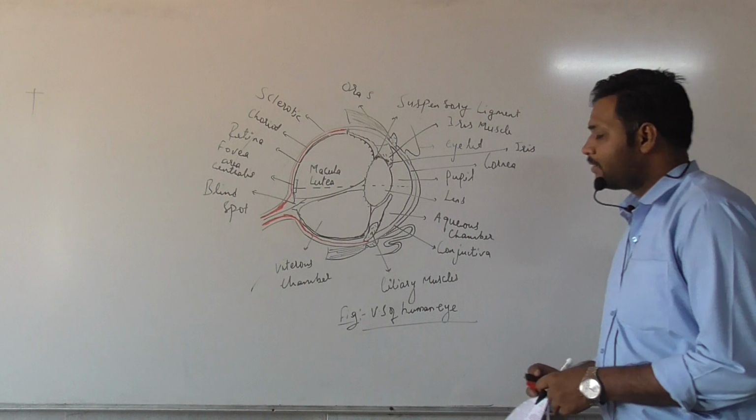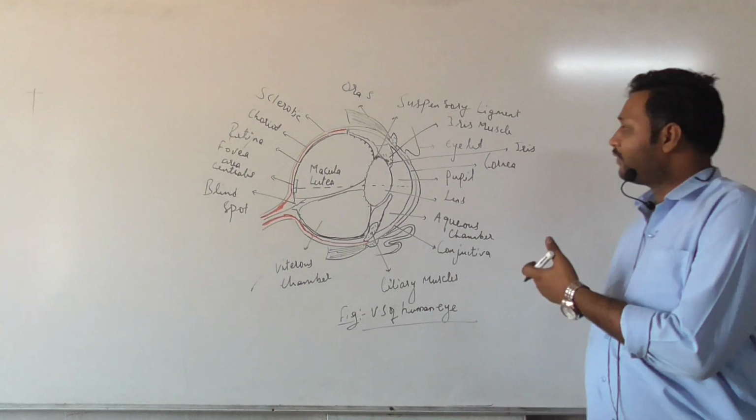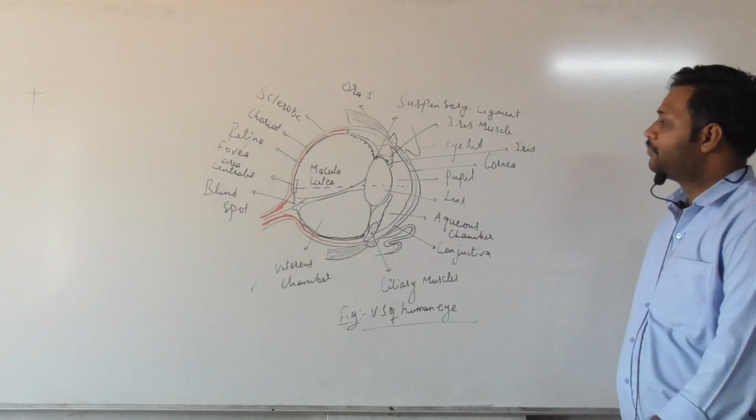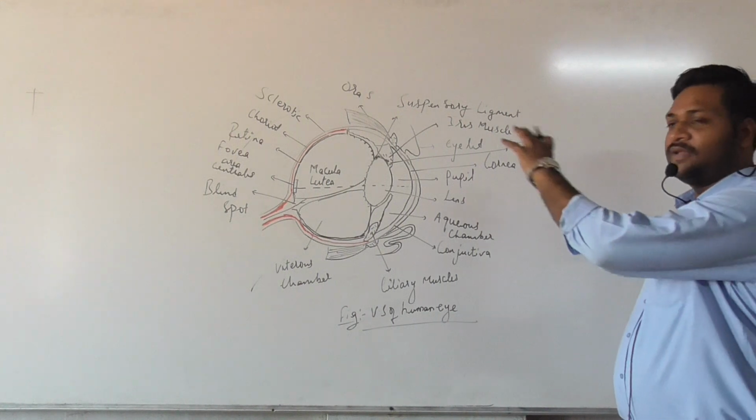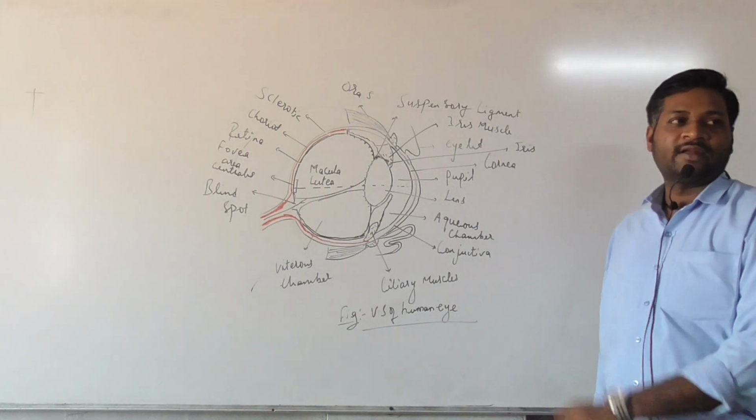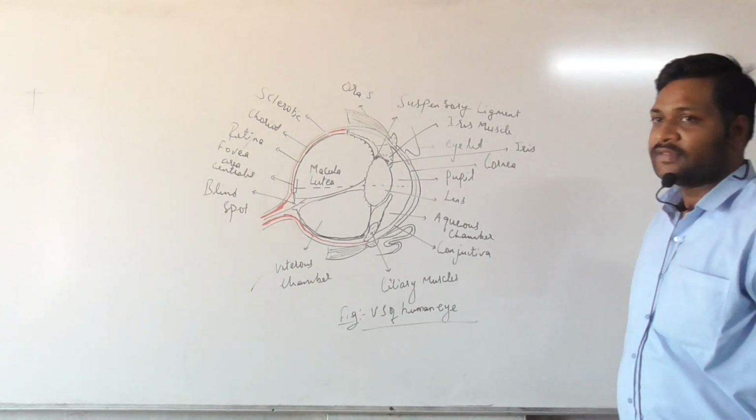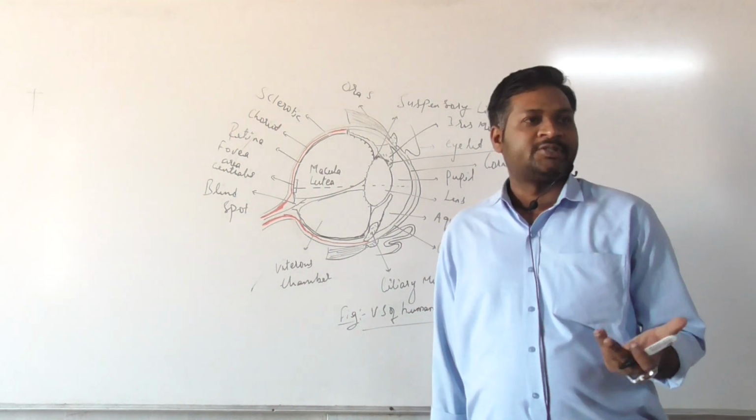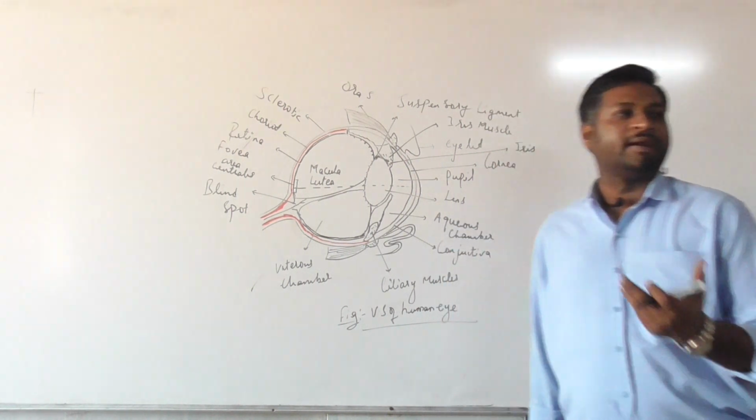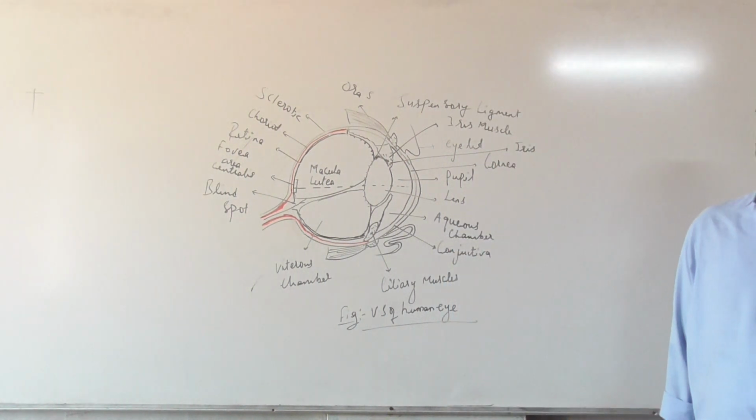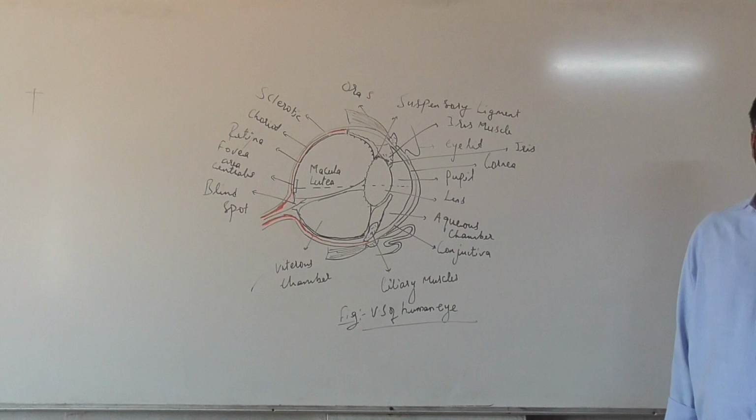So here is the diagram which is representing the vertical section of the human eye. Okay, so you can see different types of labelings here, which are representing the different parts of the eye. Yesterday we started with the position and shape, then the protective coverings which are found in the eye. So first, protective covering